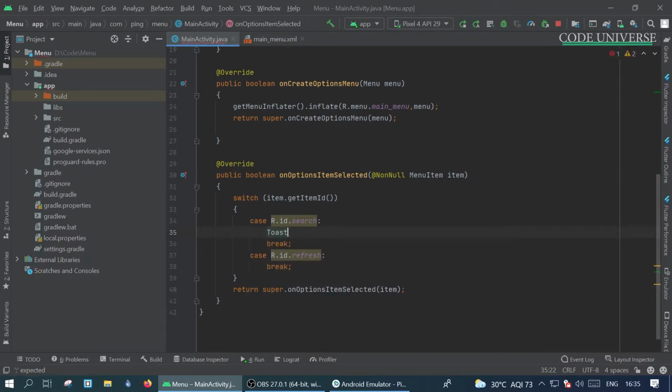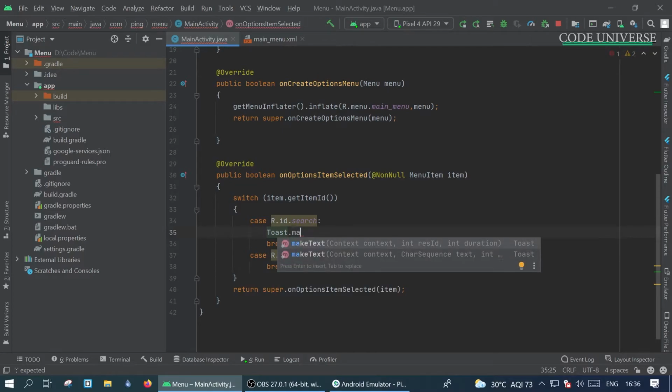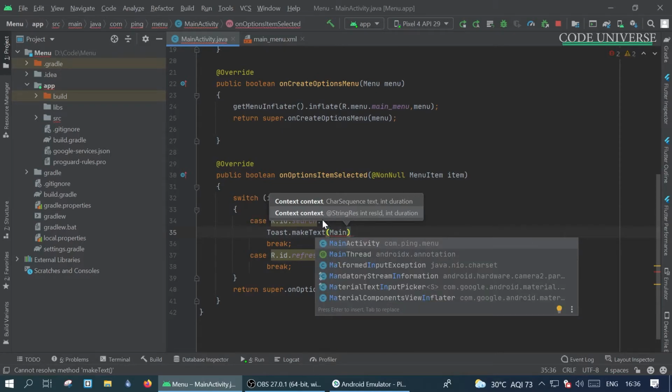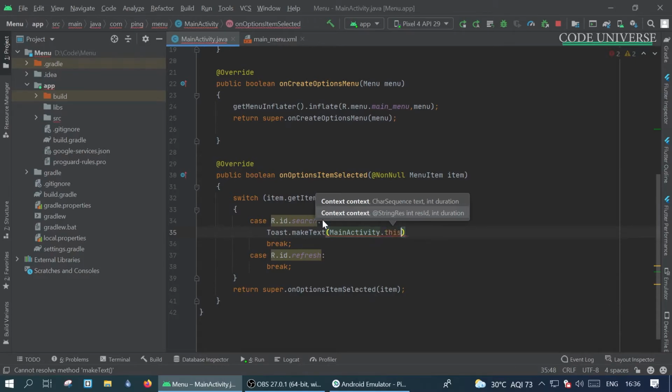Toast is a widget in Android that is used to show a temporary piece of information on your Android screen. The definition is Toast.makeText, and we have to pass the context of the activity. The context of the activity can be got from its name, MainMenu.this. The second is the character sequence that we want to print.